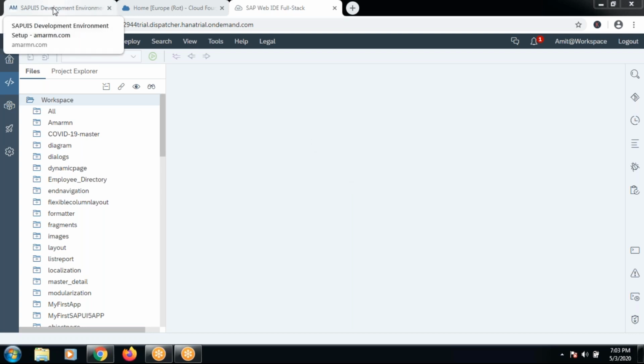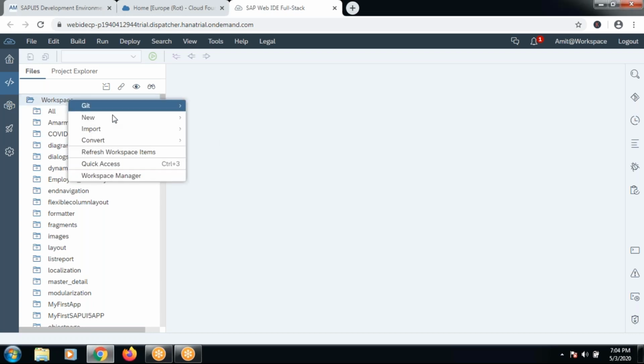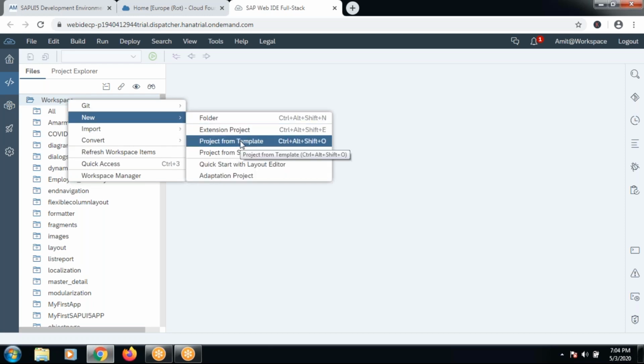So it sounds like within Workspace you have already created those projects, rather, for us, it is not. That's correct. If you remember yesterday's session, what I did yesterday, I right-clicked on Workspace, new project from template. So in yesterday's session, I showed you how to create a project in SAP UI5,